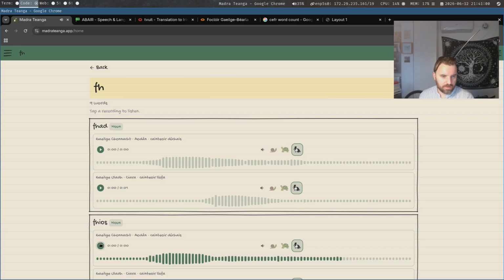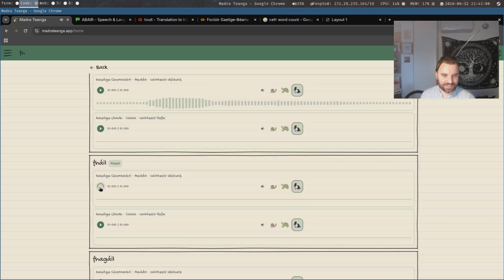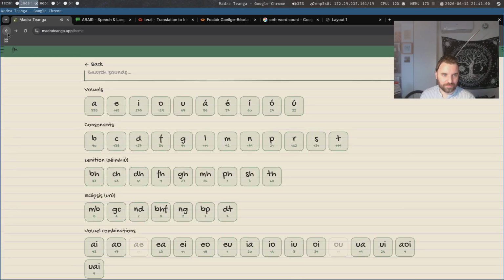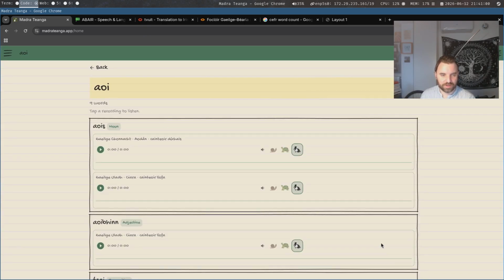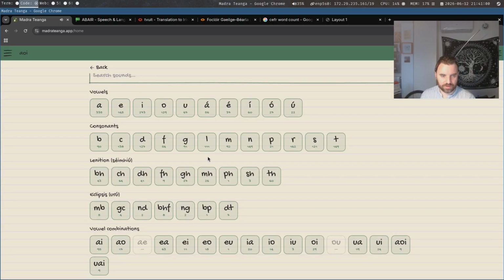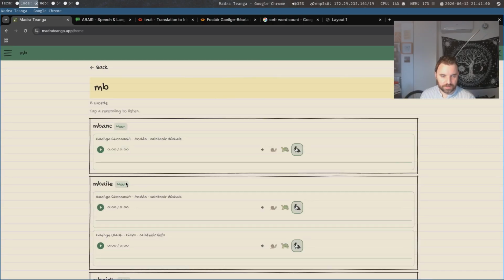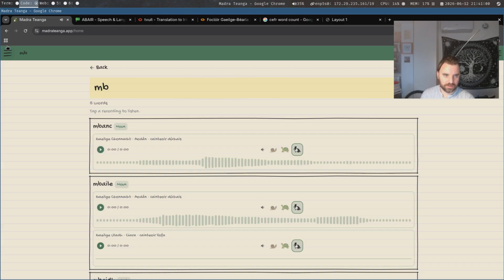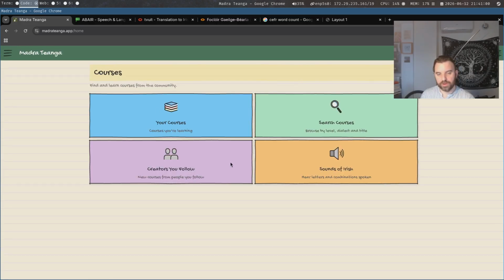It's funny, because if we just put in the raw FH sound, it would just be silence. So this is useful to hear it in context. And I think more sounds can be added in here, definitely. Especially with the vowels and stuff. This isn't tracked. This is just for learning. Yeah, this is kind of a rushed feature too, so I could probably do a lot more with it.